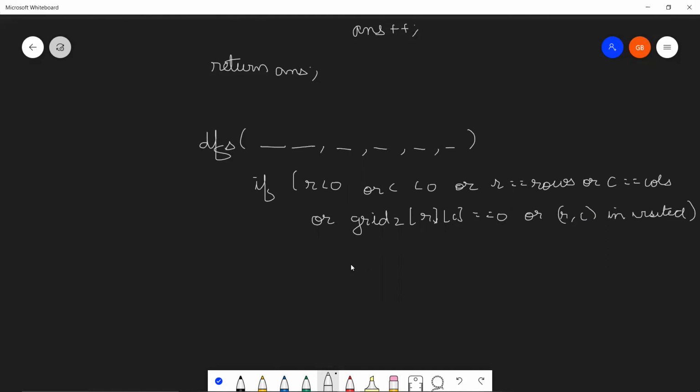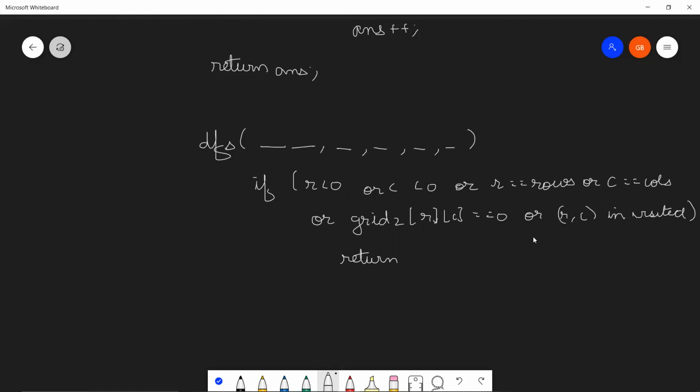So what are we going to return? Will it be true or will it be false? This is something that we need to think about. See, these conditions alone do not define that this thing that we're traversing on is not a sub-island.